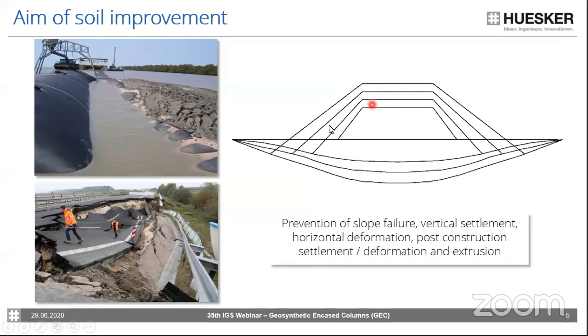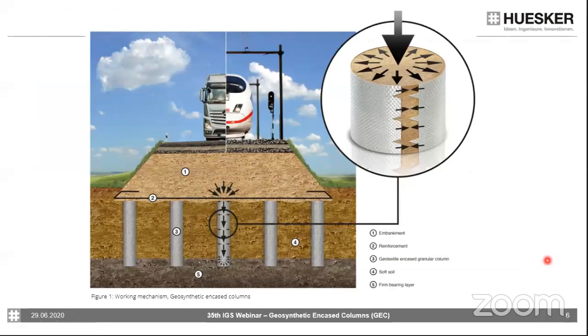On the right-hand side of the slides, you can see what happens to an embankment with no soil improvement. It will settle over time, which gives us the characteristic settlement curve. We will also see lateral deformations, which can decrease the use and the serviceability of our structure. And therefore, the geosynthetic encased columns, or shortly GECs, can be one very advantageous application to improve